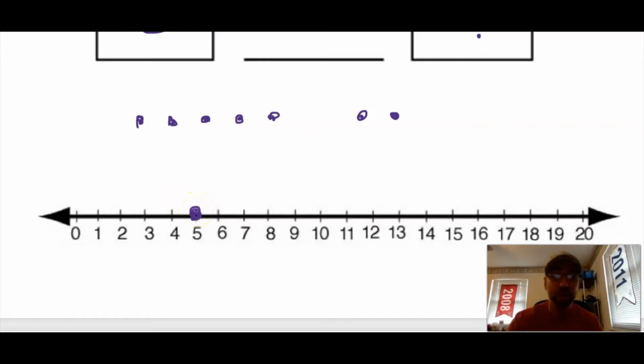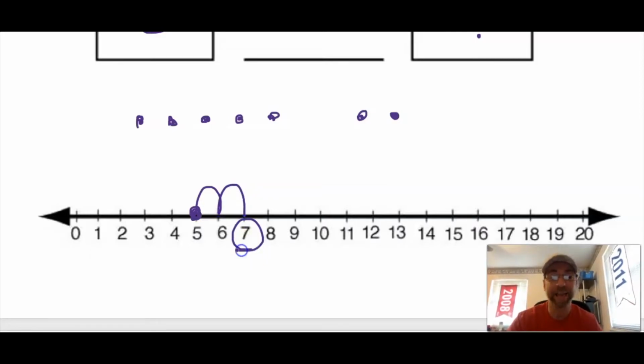That's like counting up 2, hopping 2, just like when we played Tigger and Rabbit Hop. 5 and 2 more. 1, 2. And look where we landed at. On the 7. So you can draw a picture to solve this problem, or you can use your number line. Now some of you know what the number model is. You may remember we started with 5. Because we got 2 more, we use the addition sign. And then it equals